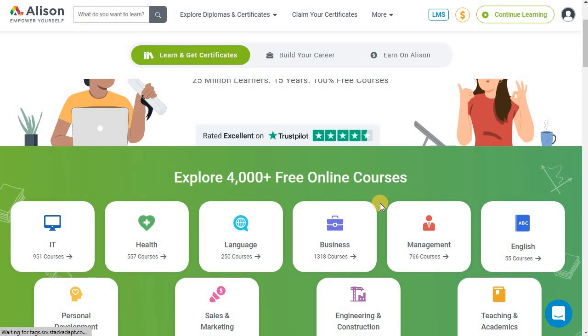Okay, so let us quickly run through how you need to use this platform. First, you need to register, of course. Once you log in, you just click on sign up. I already signed up here, but you can just click on sign up and register yourself on this platform.